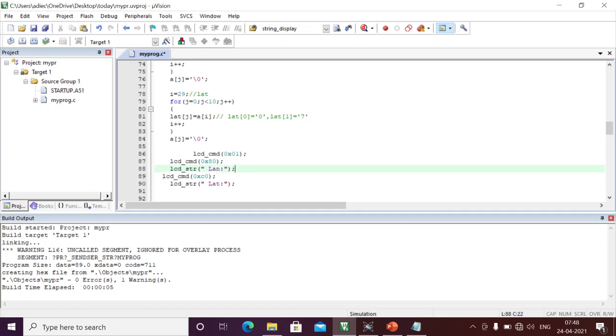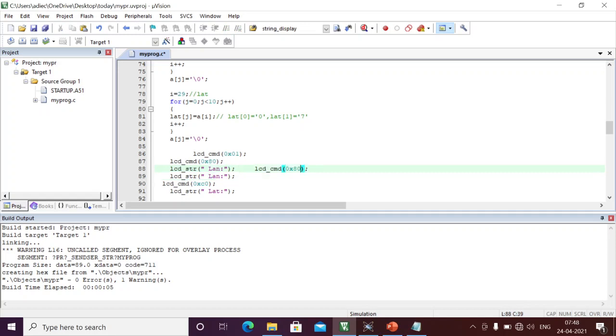These two characters I just displayed directly. What is my latitudinal data? And this is my 80 location, 81, 80. This is my 80 location, 81, 82, 83, 84. From 85 onwards I am going to display this latitudinal data, longitudinal data, sorry.